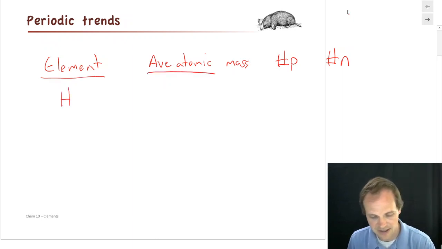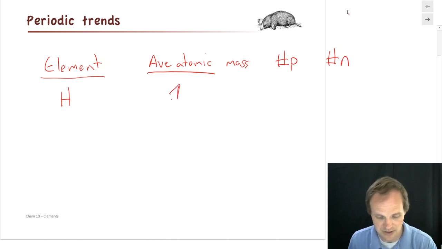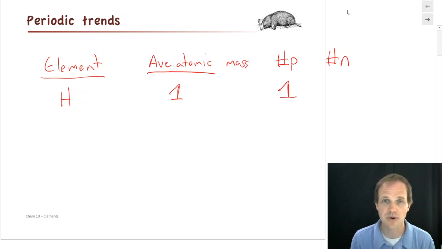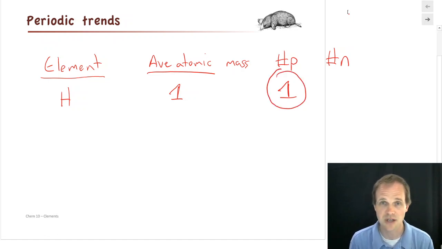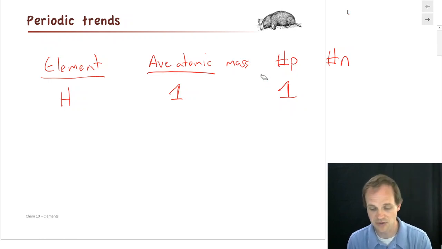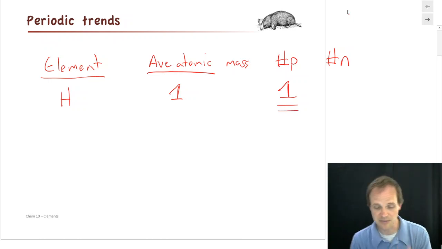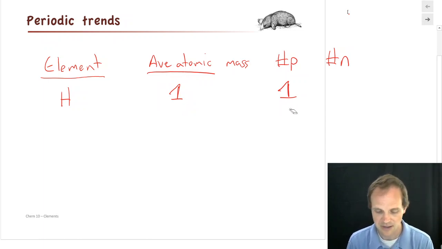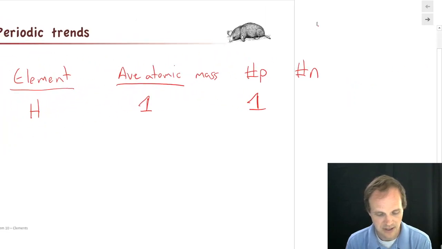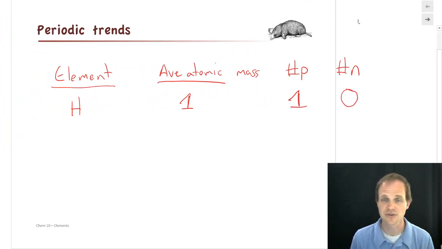We have hydrogen. Its average atomic mass, we're going to round to whole numbers here, is 1 AMU, 1 gram per mole. We know that hydrogen has 1 proton. Now, most often, how many neutrons does hydrogen have? Well, if you remember back a while ago, we learned that a proton weighs 1 AMU, and a neutron weighs 1 AMU. So hydrogen already has a proton, so that proton weighs 1 AMU, and the average hydrogen atom weighs 1 AMU. And so guess what? The average hydrogen atom has 0 neutrons